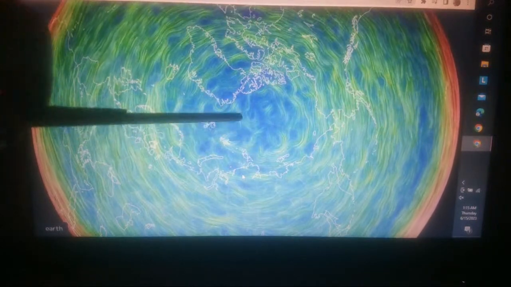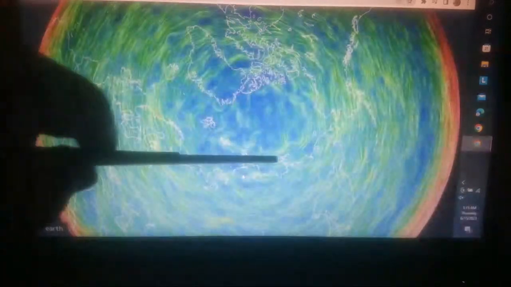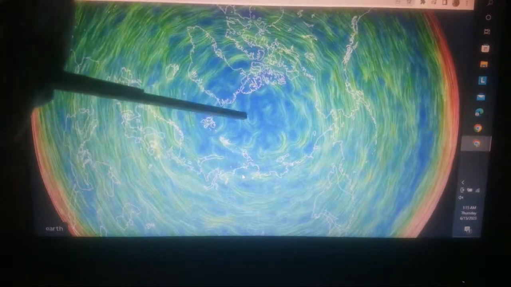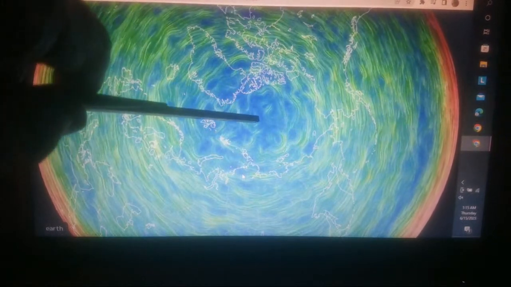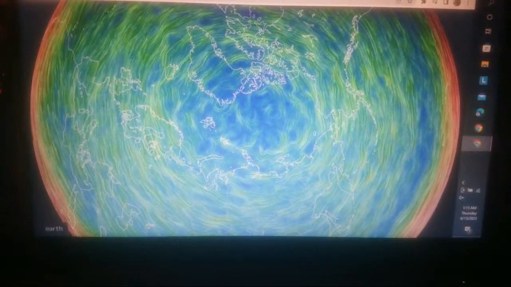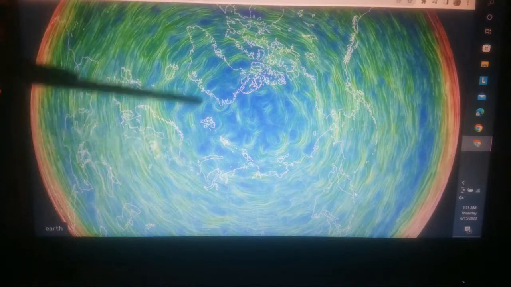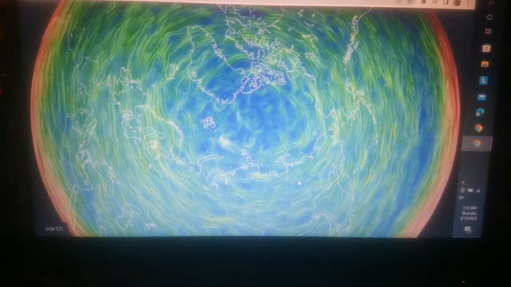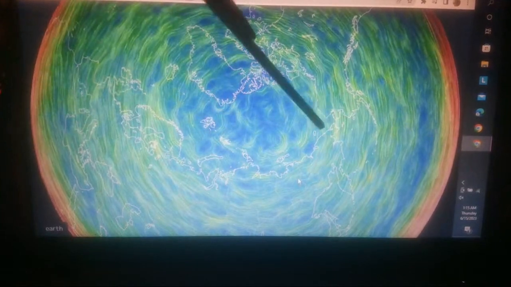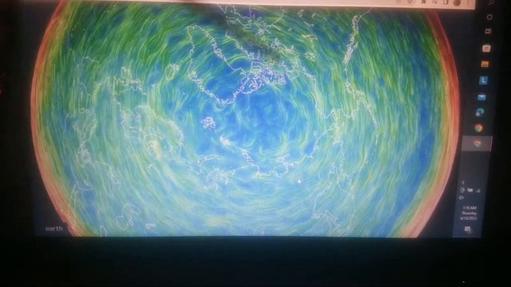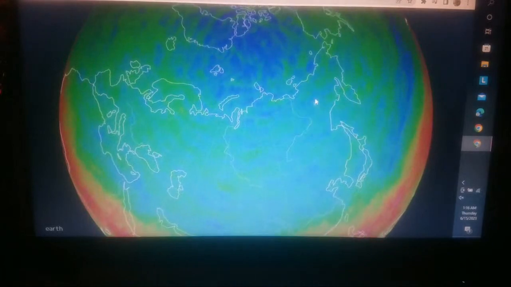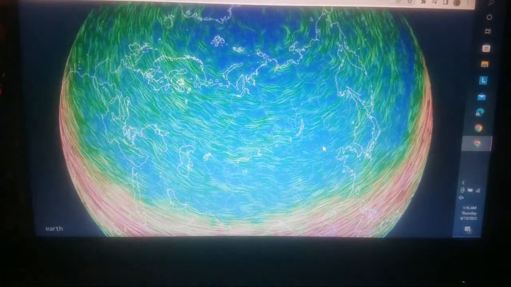You can see the little bit of turbulence up here around the North Pole as it's starting to establish its center of rotation. I mean, can you see it establishing its center of rotation? There's just this last little bit of turbulence in this area, in this little region. The rest from here down to the equatorial flow, all the way around, has now filled in. Okay? If you look at all this,